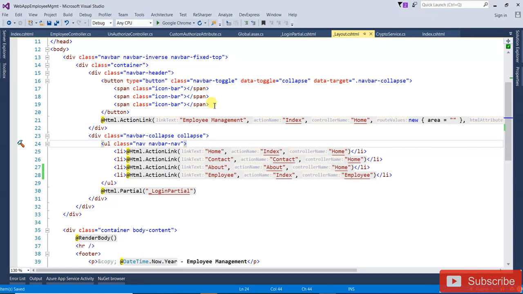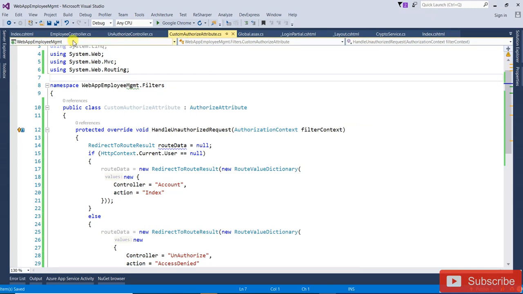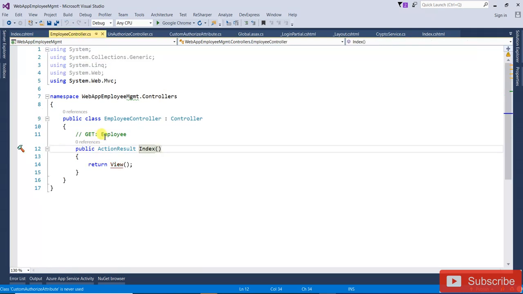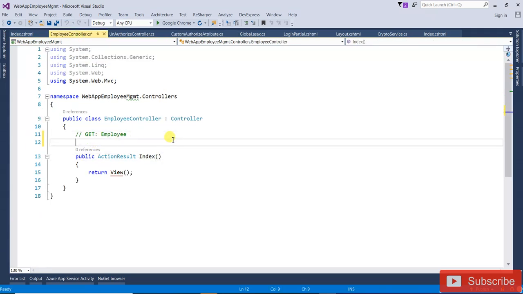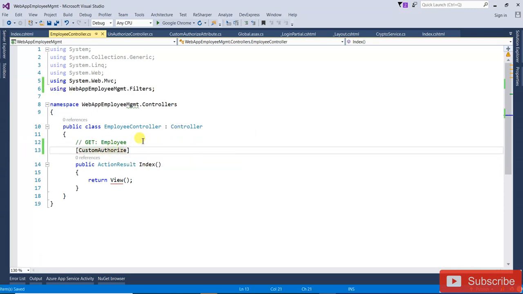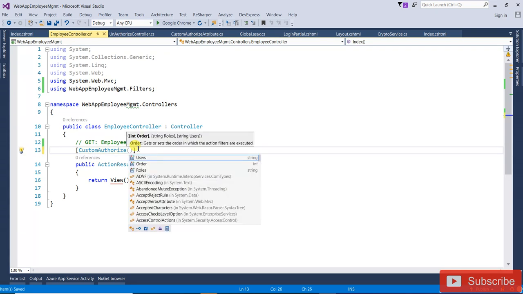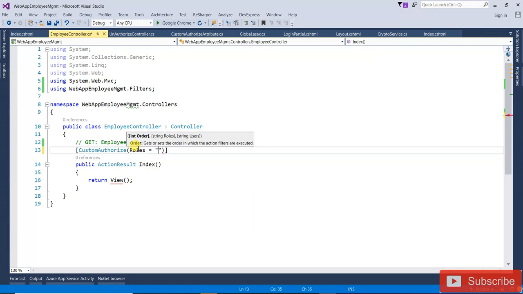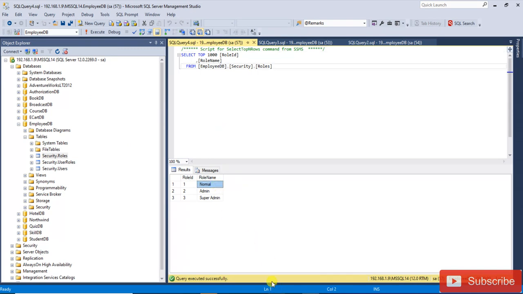Now we're going to start one by one. Unauthorized, so this one will be CustomAuthorized. Okay, this one is the custom authorized, because I didn't mention the role; for the time being I am not mentioning that role. But this one is the custom authorized. Now I'm going to add that role. So role, that is Normal. This one is Normal, because if we look at the first one, this one is Normal. Now if we run the application,